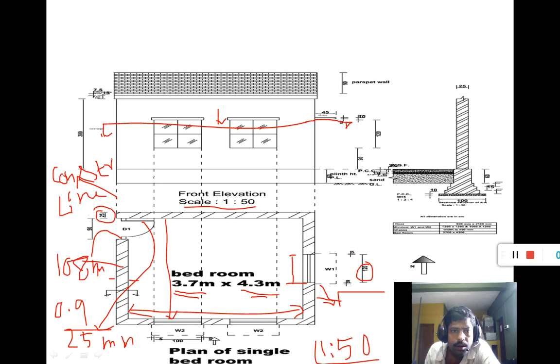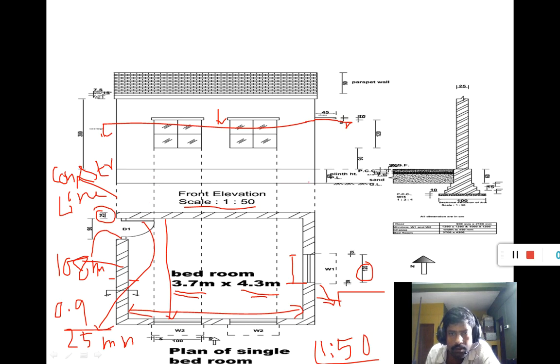Now the front view is drawn, and along this direction the orthographic projection is drawn, on the vertical plane. Here this is the ground level, which we represent by a line.